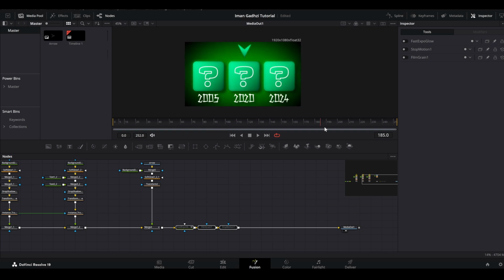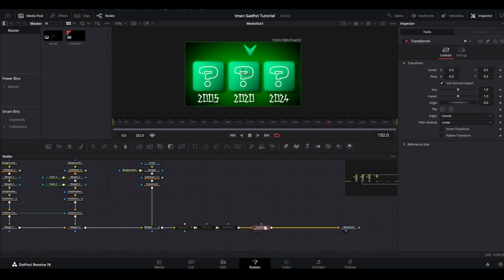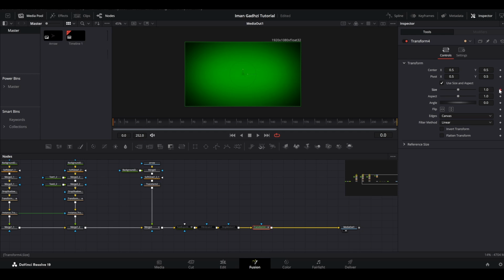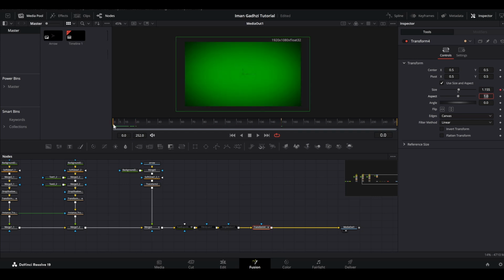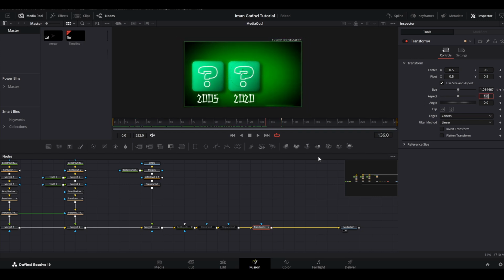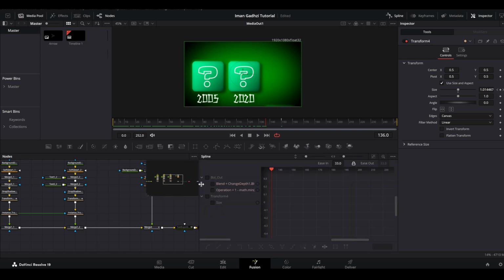And now what I'm gonna do is I will just add a transform node finally at the end of the node tree. And let's go to our very first frame here, and let's keyframe it, and let's increase the size a little bit to somewhere around 1.1 something, and we can go to the middle of the composition somewhere around frame number 150, and let's bring it back to 1 like this. So now we will have this zoom out animation as well, and we can go to the spline tab here and select the transform, and now we can press Ctrl A and then S to smooth the zoom out animation out as well,